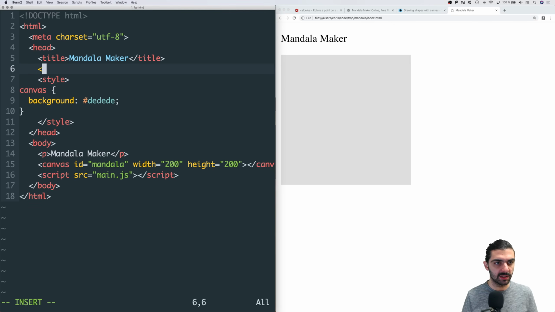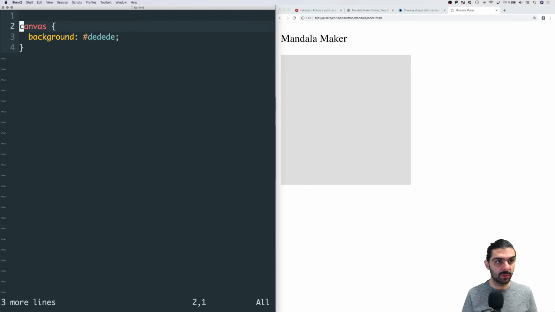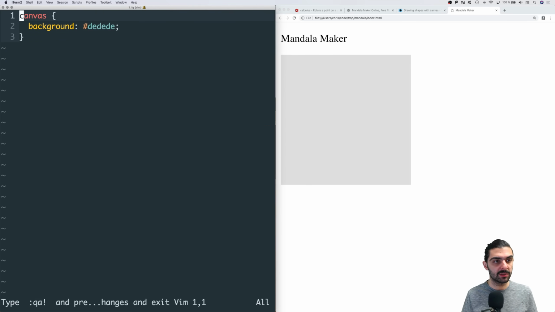This is a bit ridiculous. So let's say link rel stylesheet, and what is it, href, src, href, right? And then let's actually do this. Let's say index.css, and then we'll put that in there instead. So we'll save this, we'll open up a file called index.css, we'll paste in that style, like so,